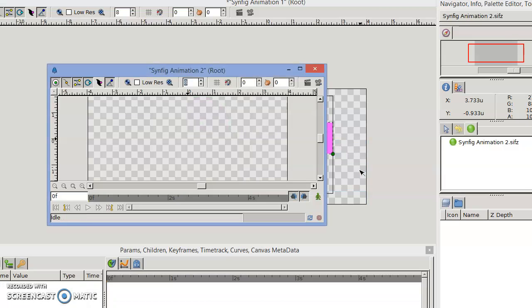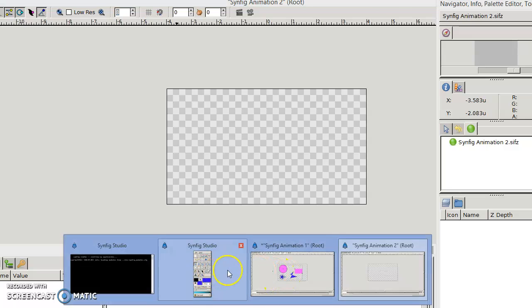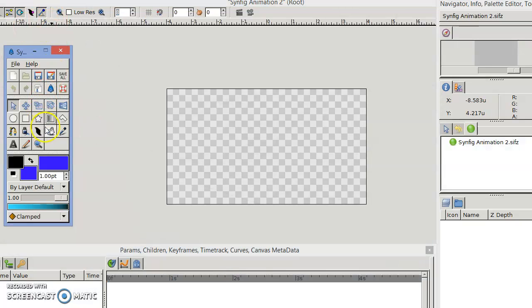Control N, Control N for a new canvas. I just want to show how a gradient will be drawn. Select gradient.